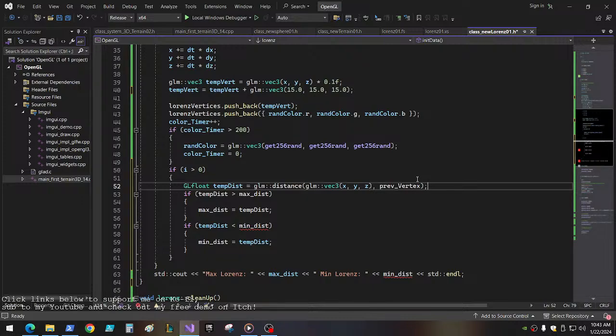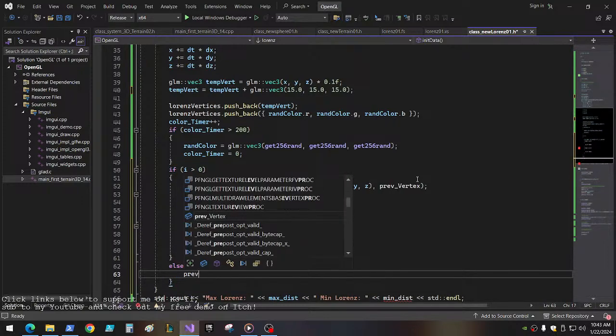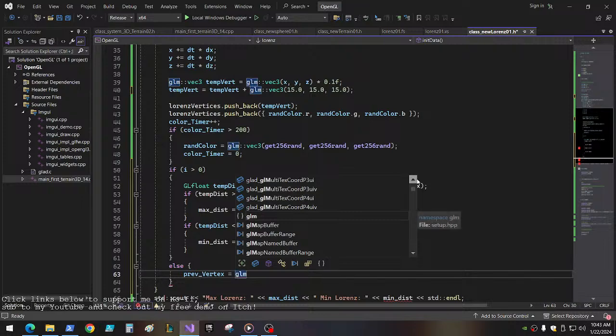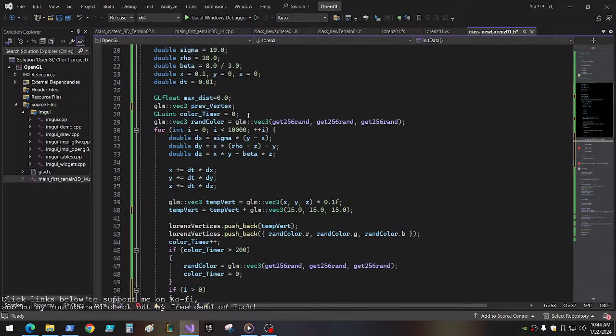Okay. So if it is 0, the first time this happens, then we're going to go like this: previous vertex equals glm::vec3 of xyz. There. Now this makes sense. Okay, and then if temp distance is greater than max distance, we also want to know the maximum